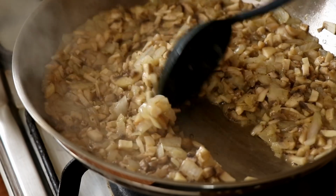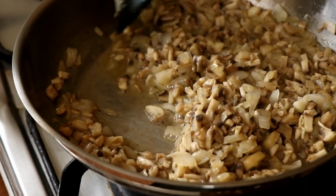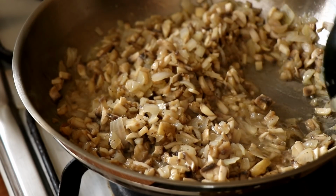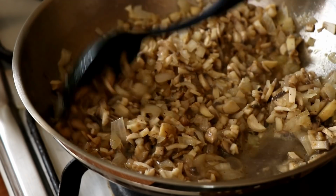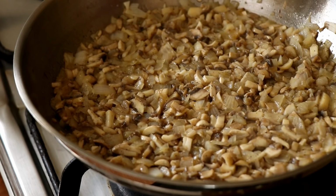And the reason we are cooking the mushrooms is because mushrooms have a lot of water, as you saw, and if you put them raw in your meatloaf, it'll just fall apart because there'll be just so much liquid coming out of these mushrooms. Anyway, cook those mushrooms, and once that water has dried up and your mushrooms are ready,